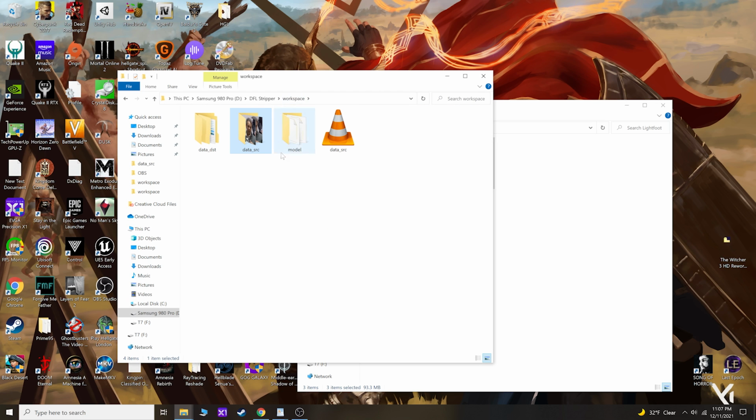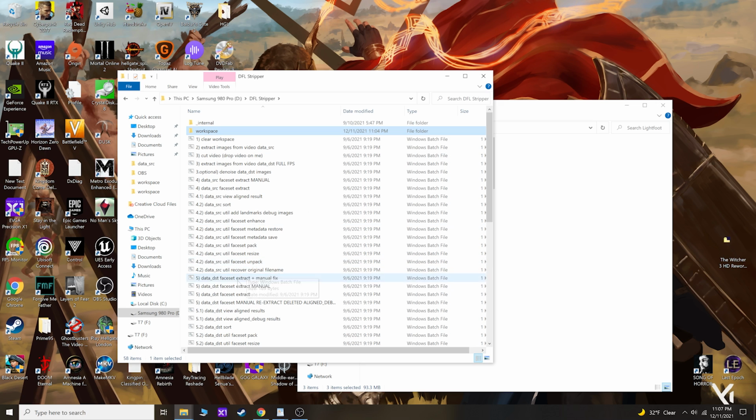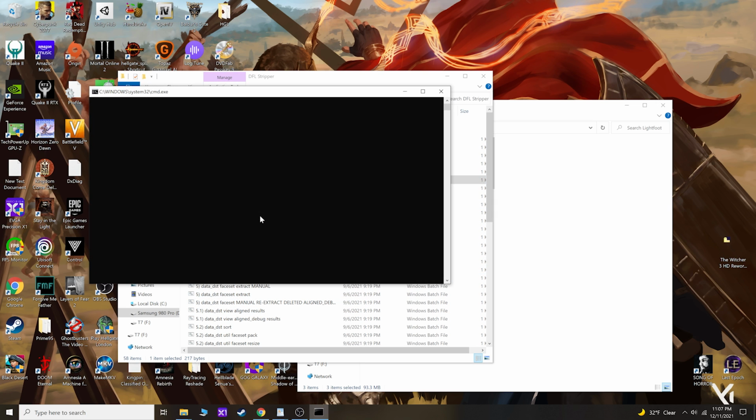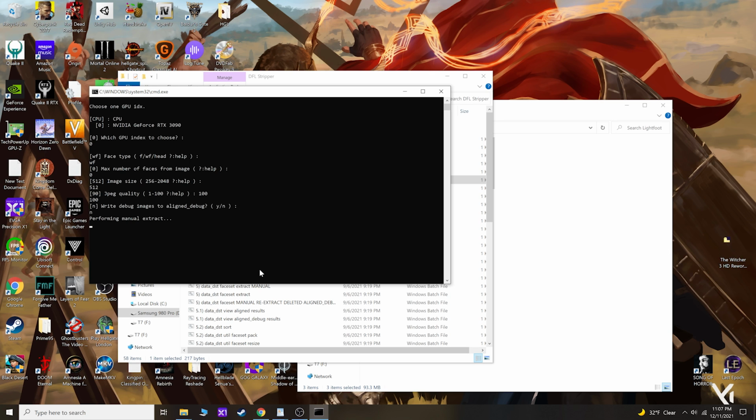So this would be a good demonstration of extracting side profiles manually. So we will do source face extract manual, whole face, still 512, quality of 100, and we'll give this a try. There's about 1,300 of them, which I'm not going to do the whole thing on video, but I'm going to show you guys at least the side extraction, because earlier we did like a manual